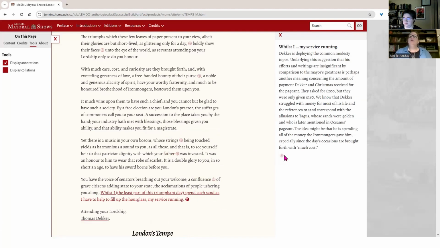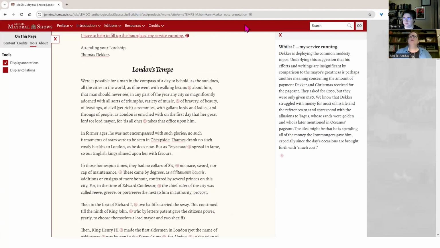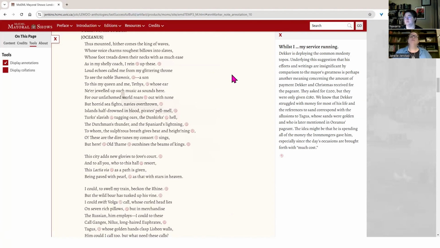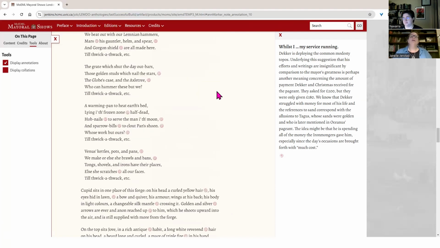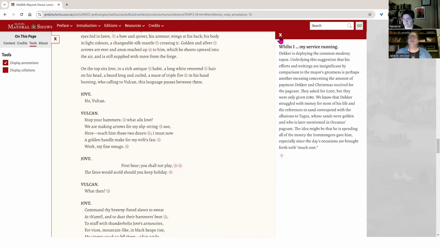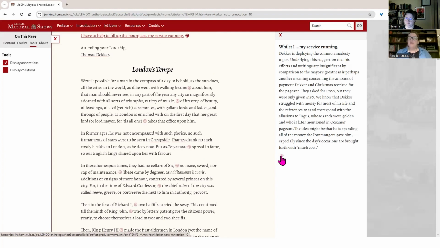If you click on the icon at the bottom of the annotation, you go directly back to the text, which is handy because if you scroll down through the text, the annotation that you had open stays open. If you want to go back to that point, probably the point you were reading, you can just click on that button.